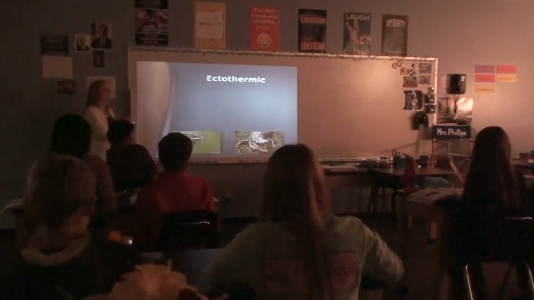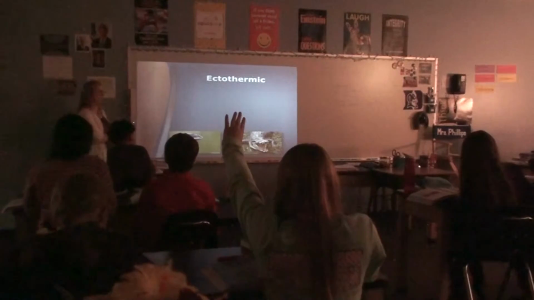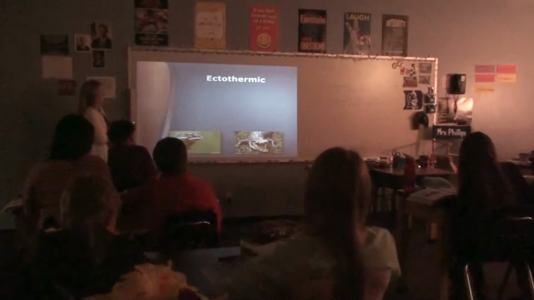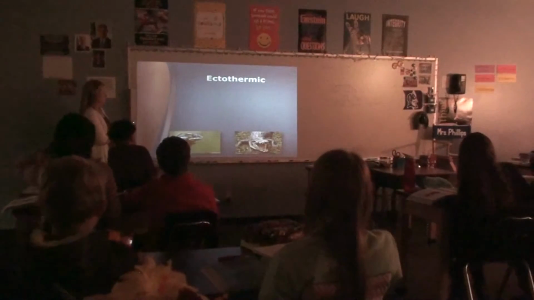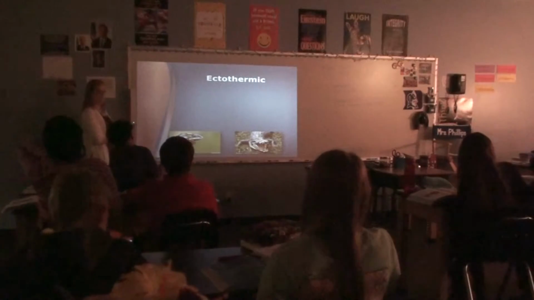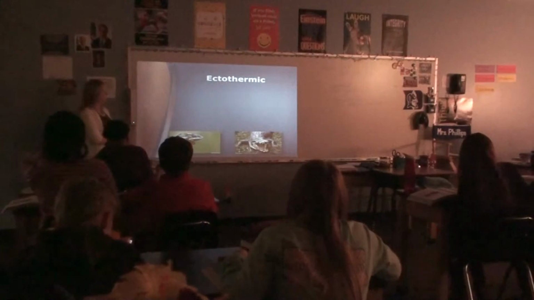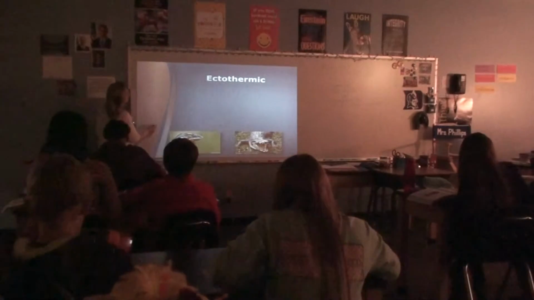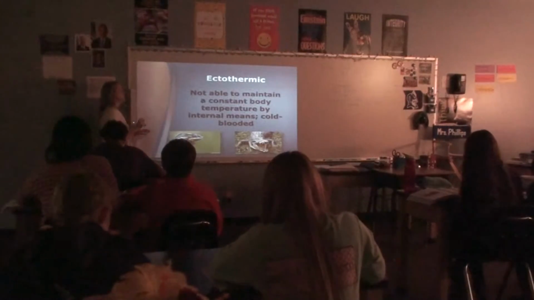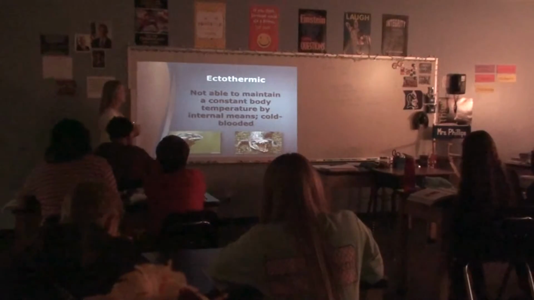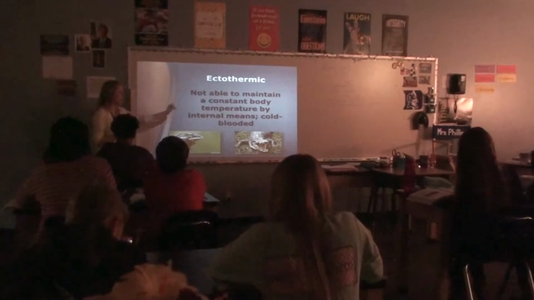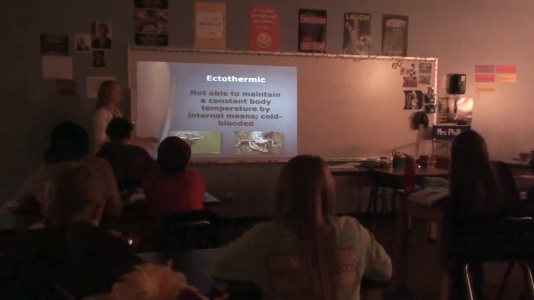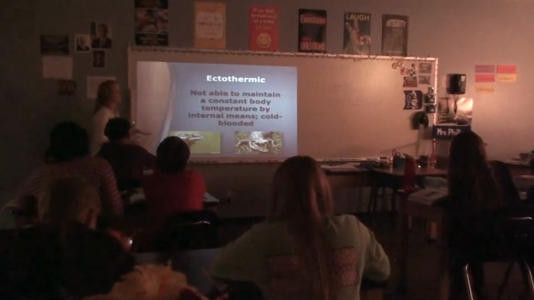Ectothermic is what? Tell me what it is and give me a quick example. So ectothermic, Kristen. It's just like its surroundings, however hot or cold it is, it's the same, like a lizard or a turtle. Yeah, and we could call it what? Instead of ectothermic, we could say cold-blooded. So they are not able to maintain a constant body temperature by internal means. They have to move themselves into the sun, or a fish will have to swim to another section of the water where it's warmer in order to warm up.